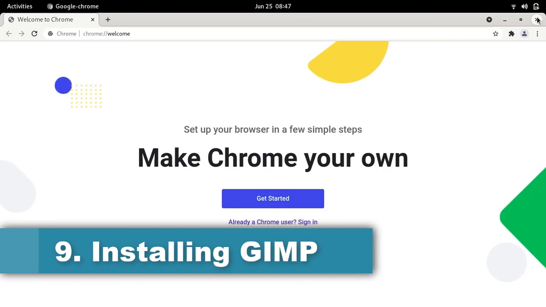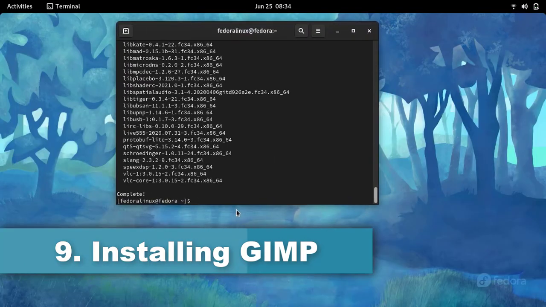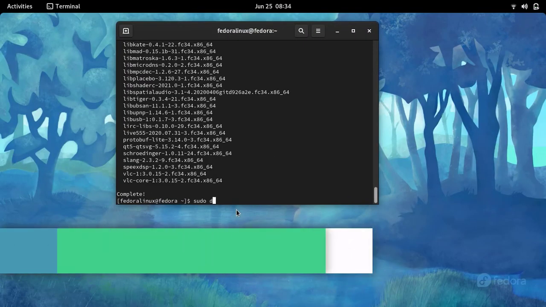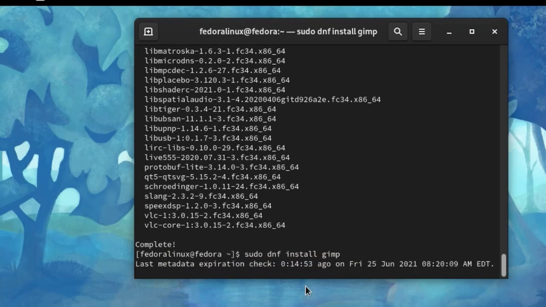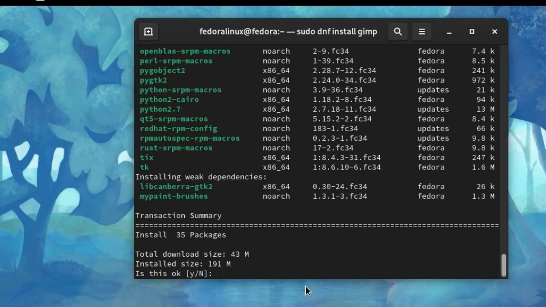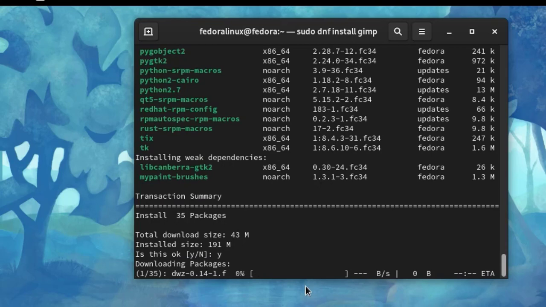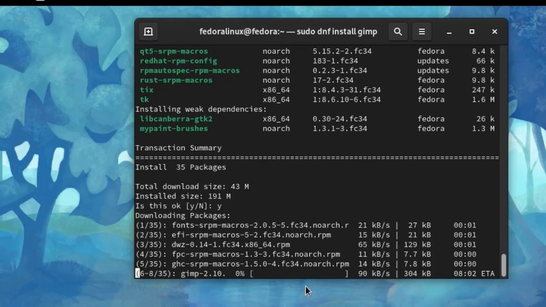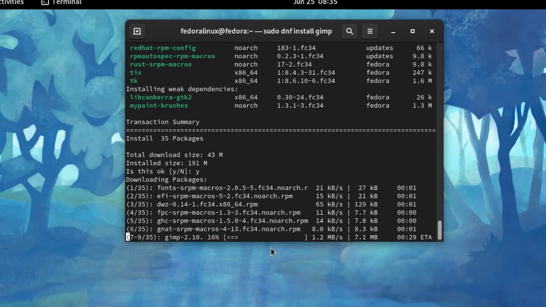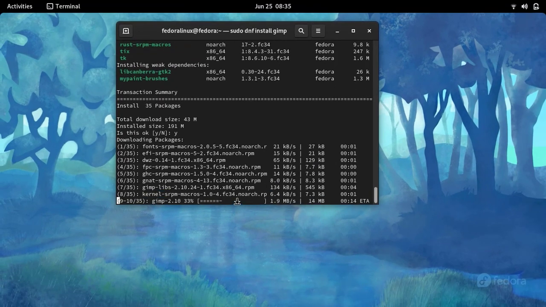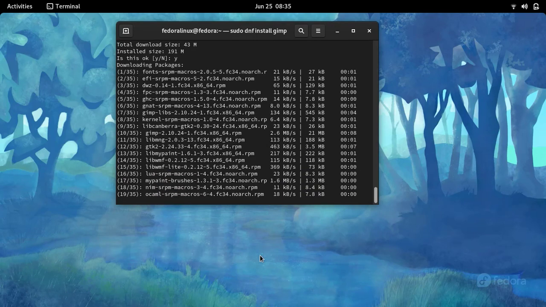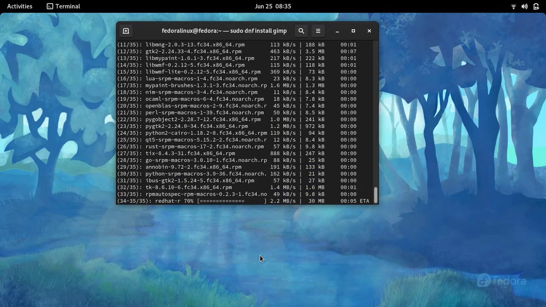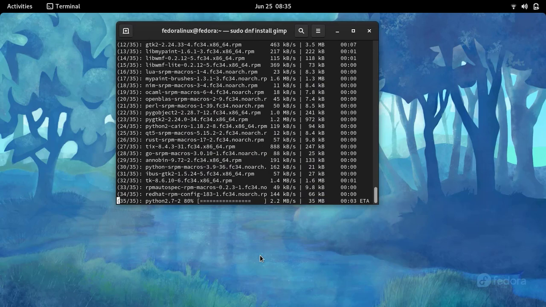And next I'm going to install the most popular image editor, GIMP. For this, go to terminal and then type sudo dnf install gimp, enter, Y, enter, and then it will install GIMP. Actually GIMP is the Photoshop for Linux. Though it is not as fancy as Photoshop, you can do almost everything you can do on Photoshop.